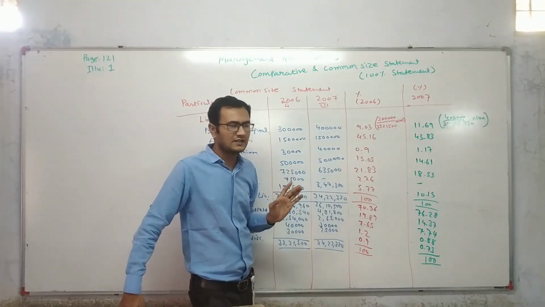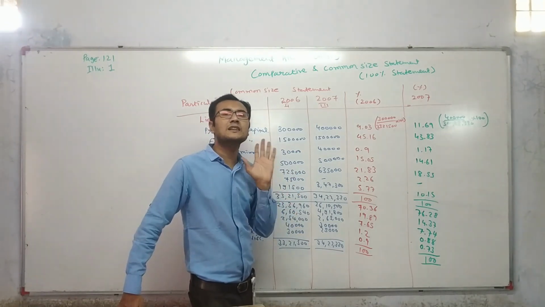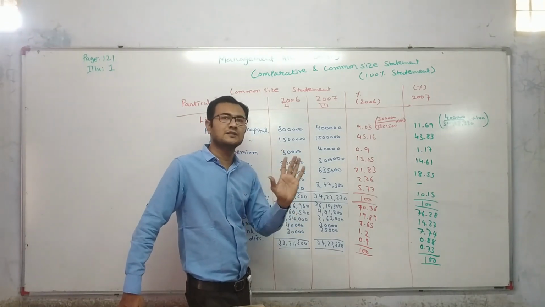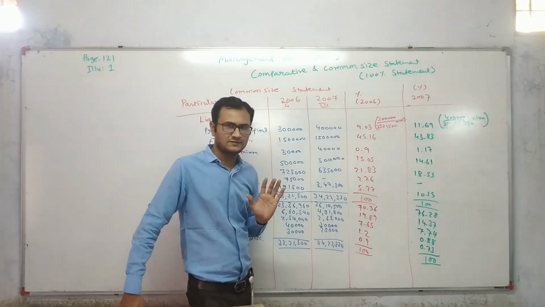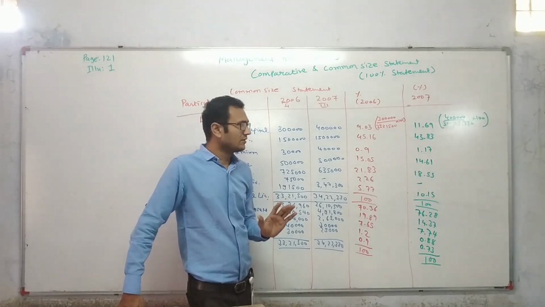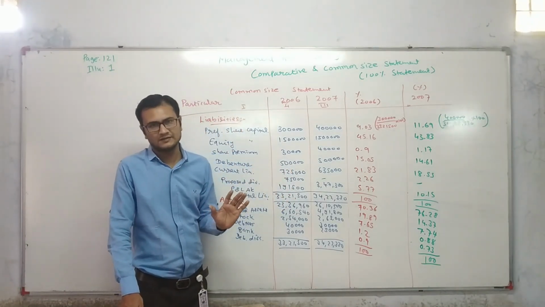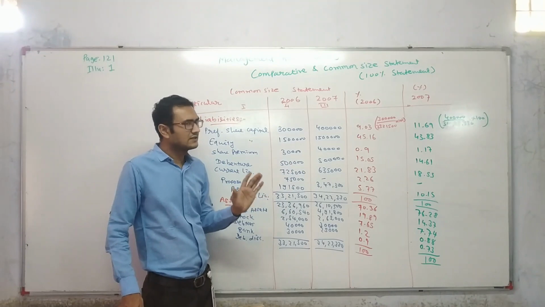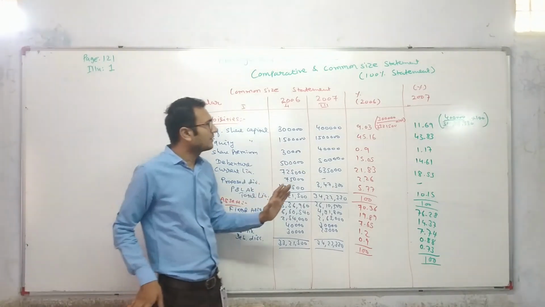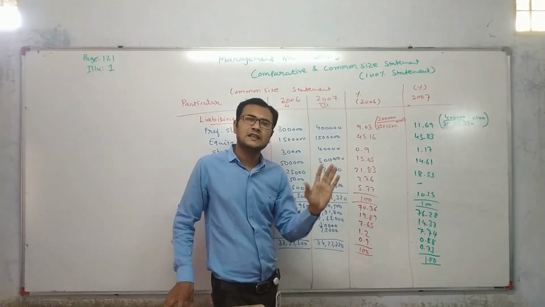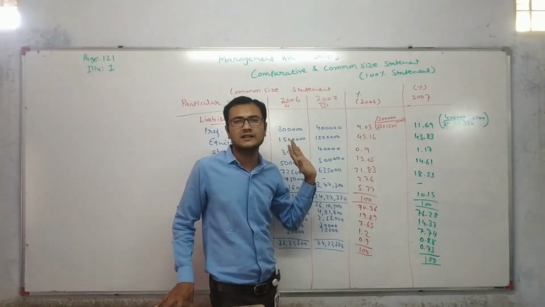In profit and loss, you don't have to calculate the total; as given in the question, you have to mention it as it is. Because in profit and loss account the answer is net profit, it is given in the sum. So net profit also is divided by sales, and for sales you write 100 in percentage.